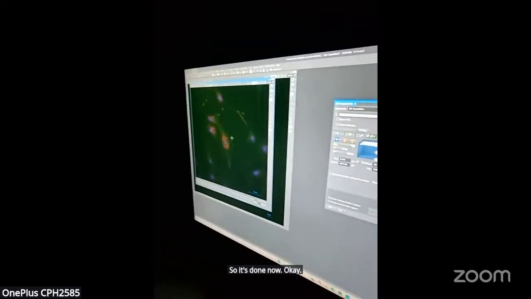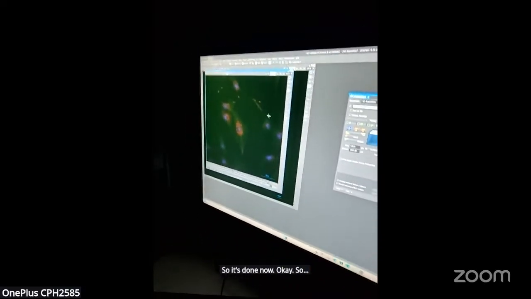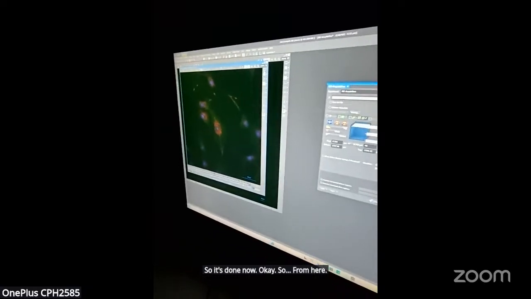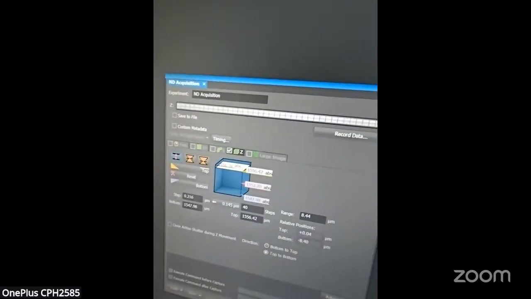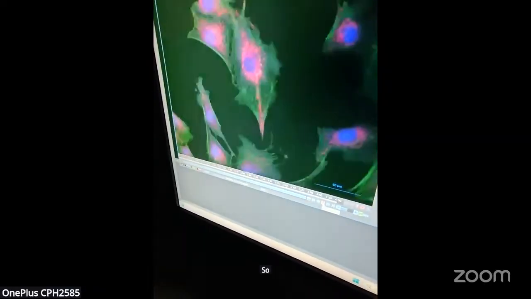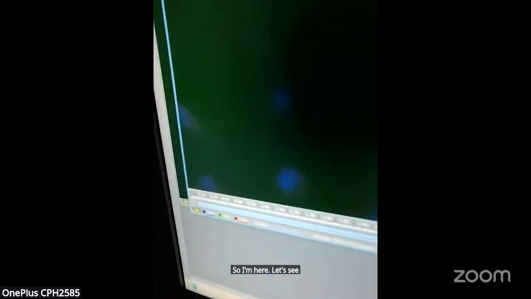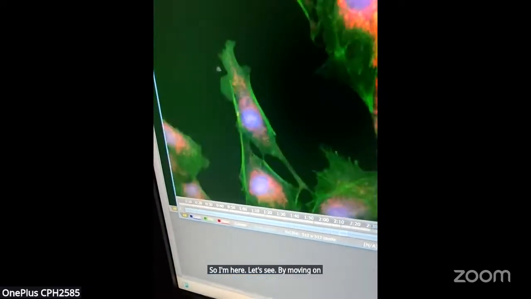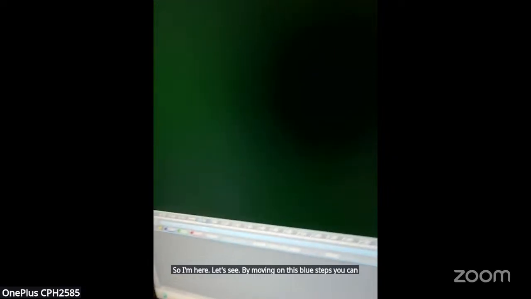From here you can see, by moving on these blue steps, you can move from one step to another.